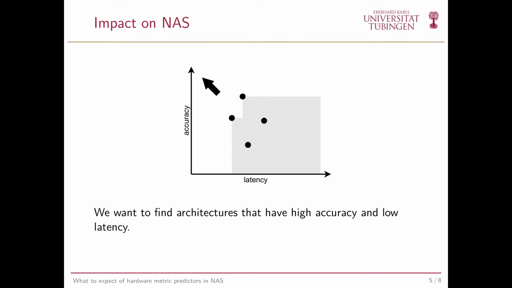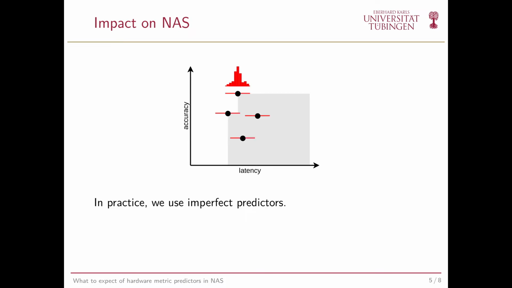If we have perfect information as here, then it's not that hard to figure out which the best models are. However, in practice, as we could see before, our prediction methods are not quite perfect, and we may end up with some deviation on the ground truth. That means we may make mistakes simply because that's the data that we have, and we may end up selecting the wrong architectures,